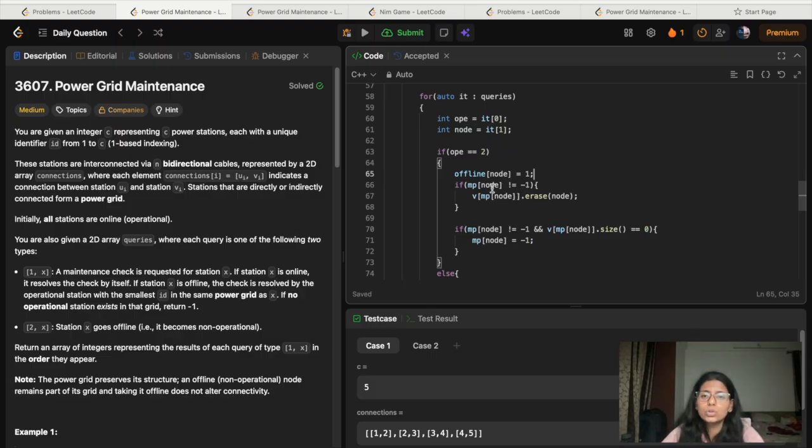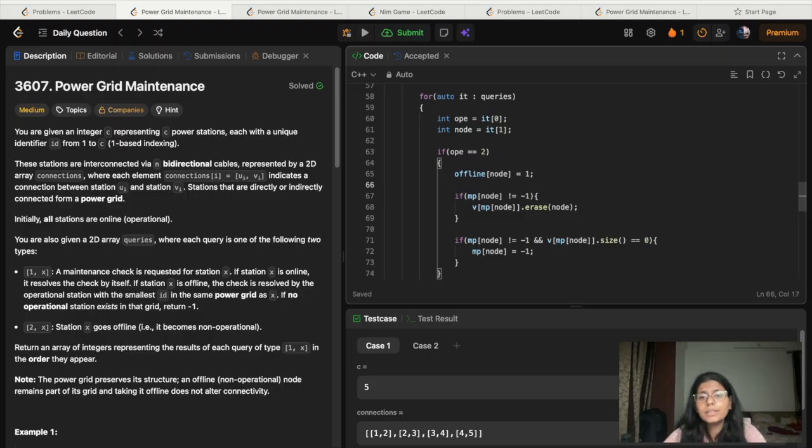Then map the node. What I was doing here is checking: if I'm making that node offline, then wherever that node is present in a set, I will get that through this map.